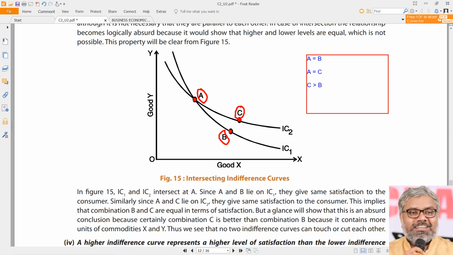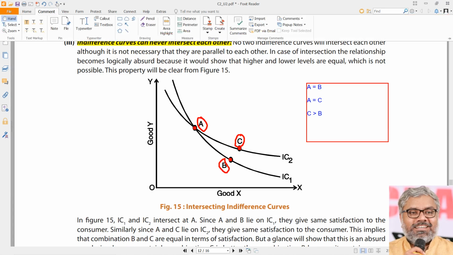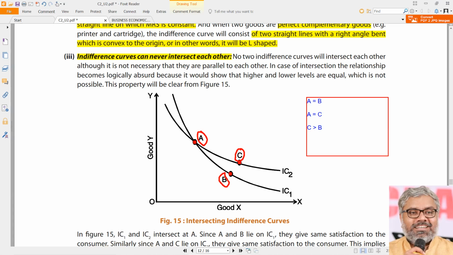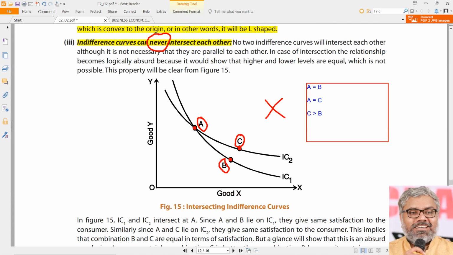So like this is not possible, having an intersection of indifference curves is also not possible. That is why indifference curves can never intersect with each other. So this graph and this possibility is not there. This is wrong. The reason is simple, because this mathematical function is just illogical. Same way, this graph is also just illogical. Two indifference curves cannot intersect with each other. Okay? That is a point to be noted.